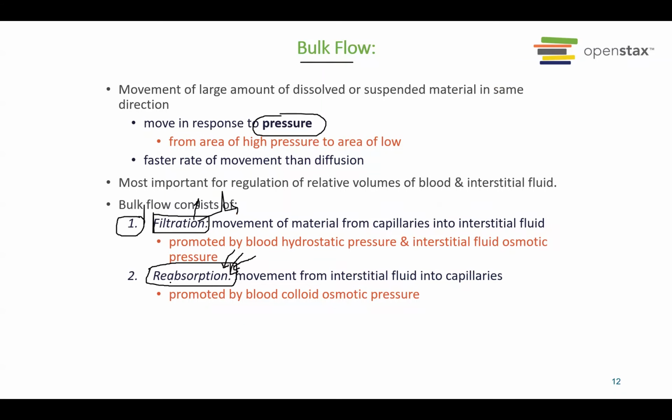And again, this is also due to the pressure, because on this side, the pressure in the cell or in the tissue will be higher than the pressure in the blood vessel. While on this side over here, the arteriole side, the pressure will be higher inside the blood vessel compared to the cell in the tissue. Therefore, the material will be moved out from the blood vessel into the cell in the tissue.